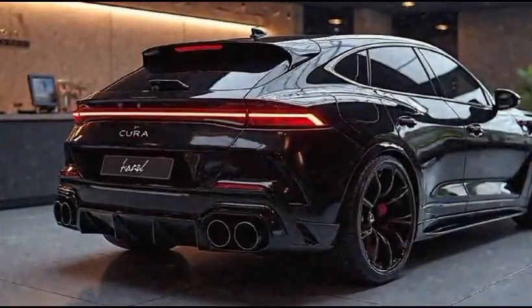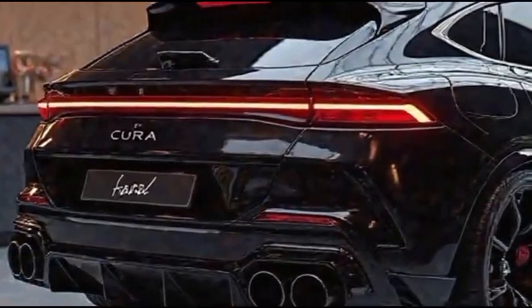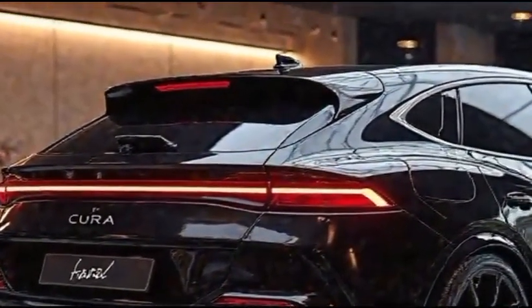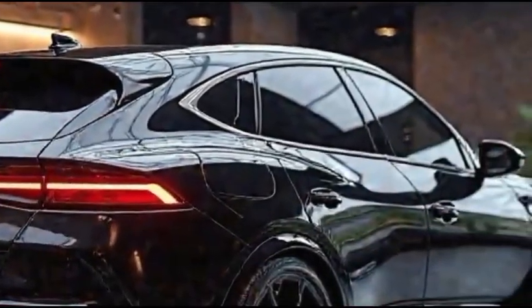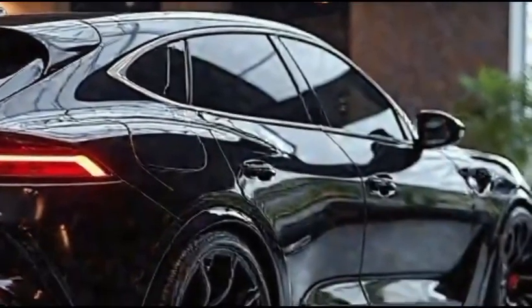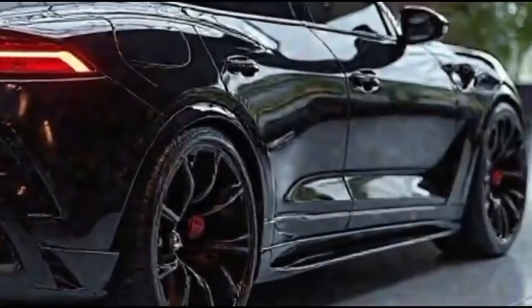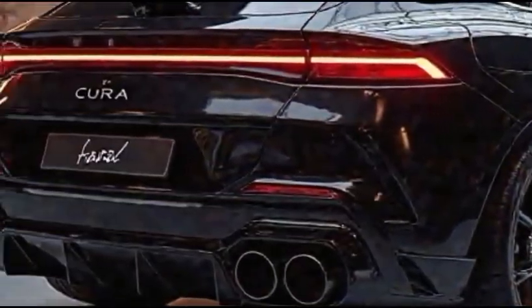Round the back, you'll notice a full-width light bar connecting the taillights, which has become a bit of a Cupra signature lately. The rear diffuser is subtle but sporty, further enhancing that dynamic, planted stance. Overall, the Raval manages to look futuristic while staying true to Cupra's aggressive design language. It's not afraid to stand out in a crowd, and it definitely won't blend into the background at your local